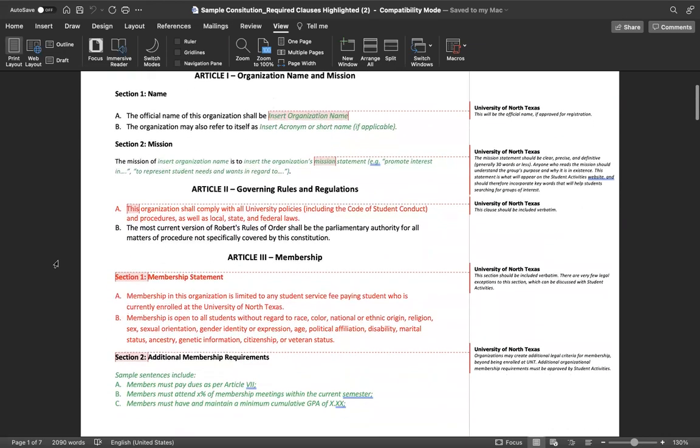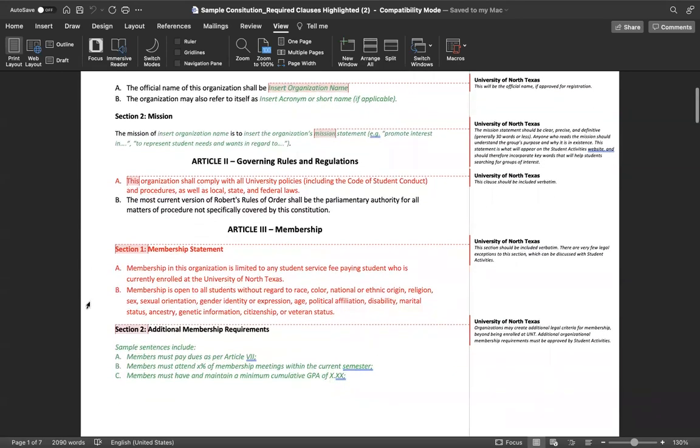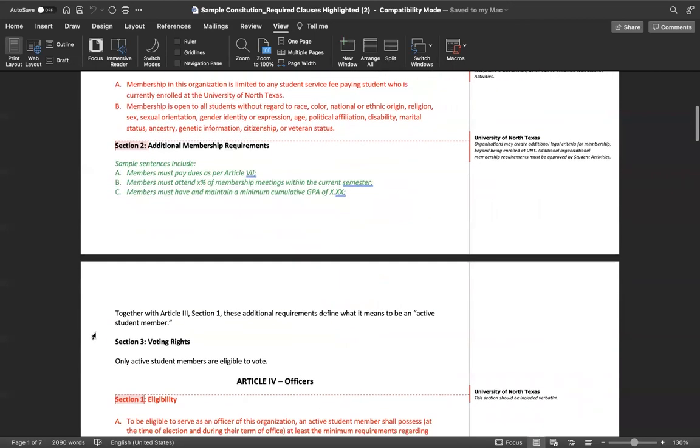And so the important thing to note, as I mentioned earlier, are those verbatim clauses and policy numbers that will be required. So anything that is in red text will need to be included in your constitution. This will be something that we check for when you're going through the registration process. So definitely make sure that you keep this red text in your constitution, but everything else, definitely tailor towards what